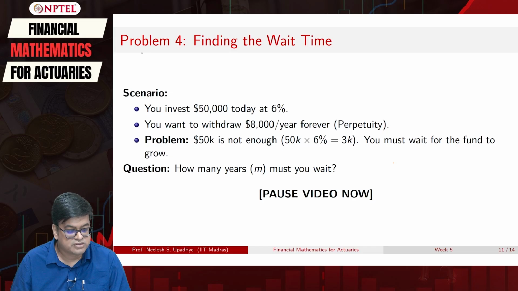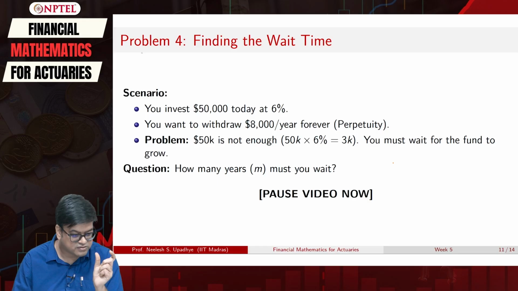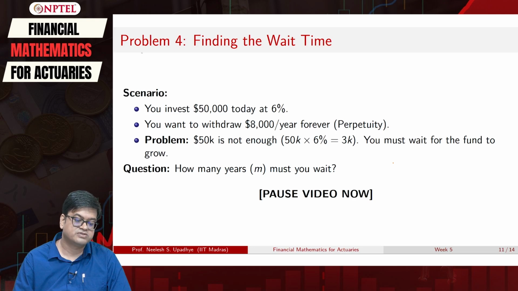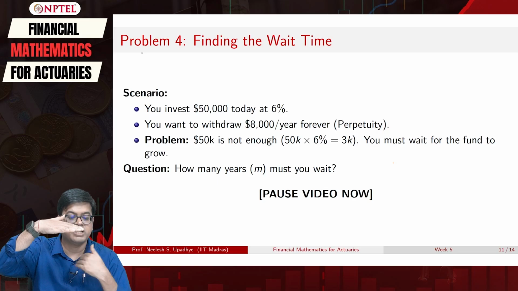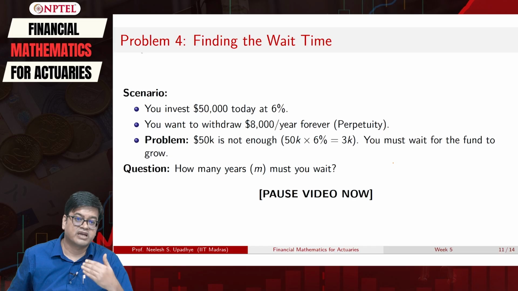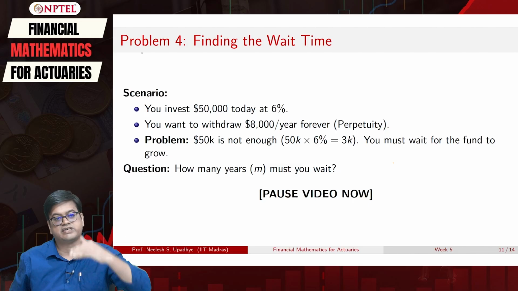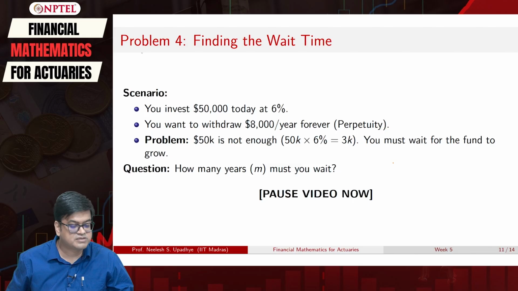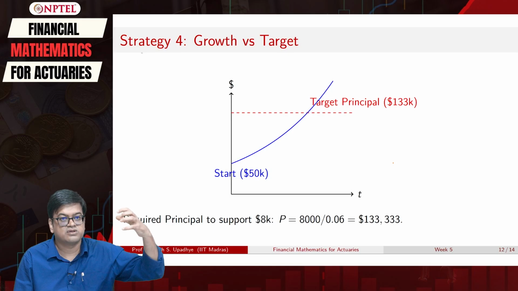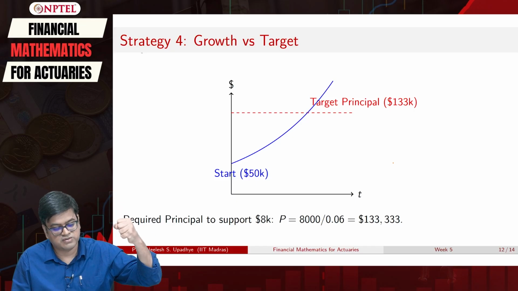Okay, welcome back. So here the main thing is I need to understand that this 50,000 is growing at the rate of 6%, right. So my target should be something that will give me $8,000 per year, right. So what is that amount for getting that $8,000 per year? That's what I need to calculate, and that will set my target. So when I want to set my support for 8K, what is the golden goose that I need to fund? That's what we are looking for.